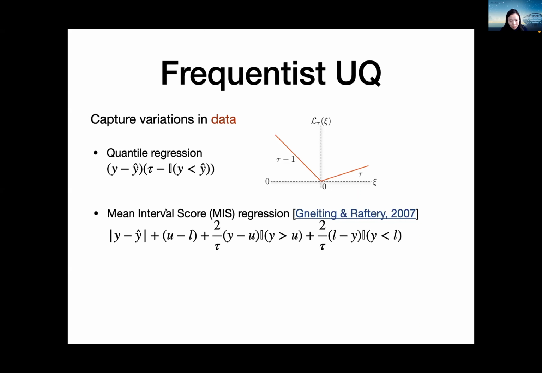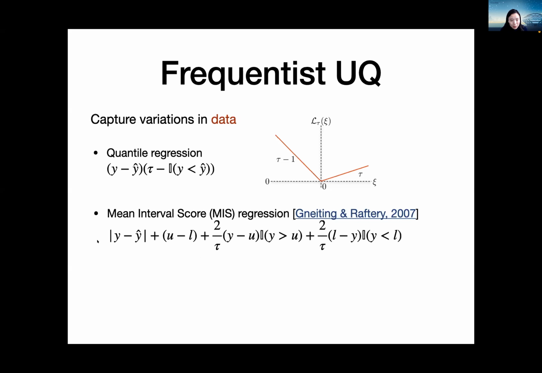So MIS regression will ask the neural network to generate three things: the prediction y hat, the upper bound u, and the lower bound of the prediction. So a deep neural network will have to be modified to have a multi-head output that generates these three things simultaneously. So an MIS regression can be formulated as a loss function in the deep neural network, and